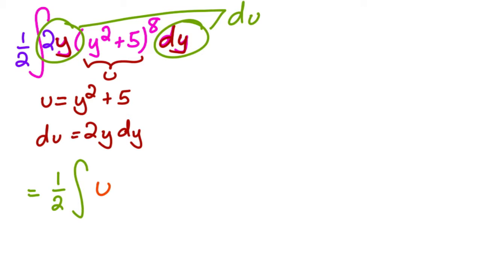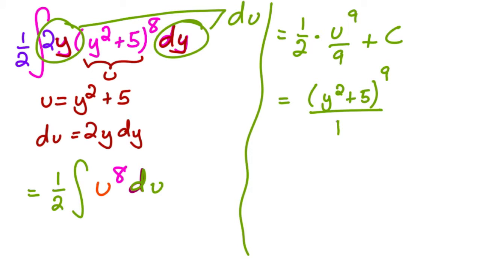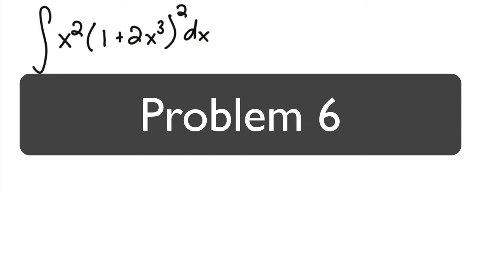to the 8th du. Oh, du was supposed to be green. Sorry. Okay. So then this is just equal to 1/2 times u to the 9th over 9 plus c. Or u is y squared plus 5, to the 9th over 18. And that's it. Okay, so in this one,